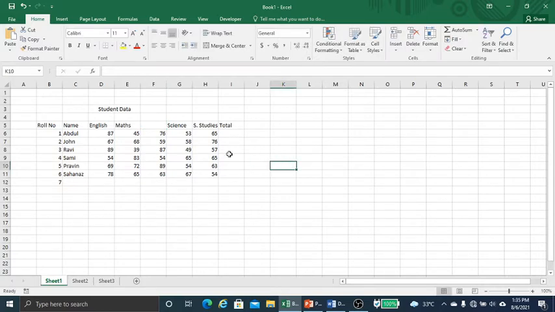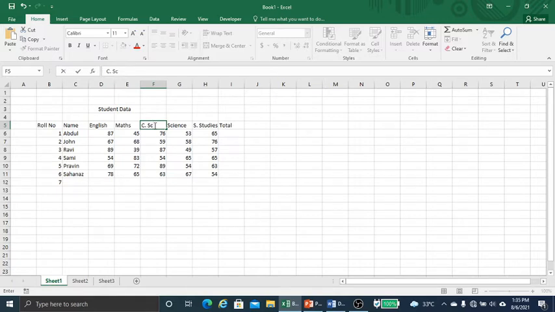One way. Another way is that, say, let me write computer. Suppose I want to delete the word computer, so I will select the cell and then press the Delete key on the keyboard. Like this, we can remove the cell content. Now how to edit it? Editing means, in the same way, we just select the cell and go on typing. So let me write CSC means computer science.